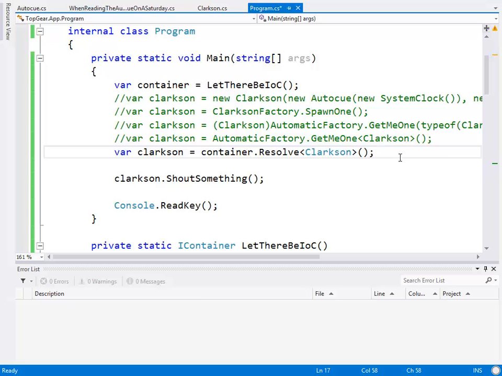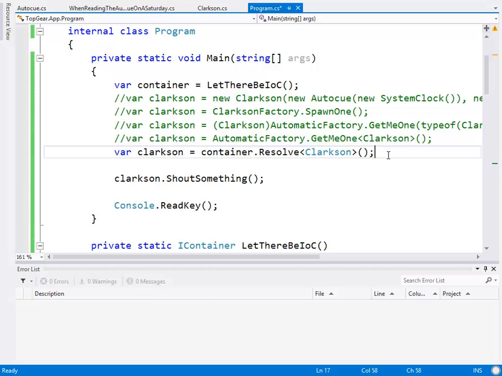I've done a really, really bad thing here. What I've done is I've resolved a Clarkson from our root container. Now, our automatic factory only took care of one component of what an IOC container is going to do for us, and that's the actual construction of an object. When you get down to it, constructing stuff is actually pretty easy. We can leave stuff strewn all over the landscape, and no one cares until our garbage collector goes, hey guys, I give up, and we get an out-of-memory exception. What our IOC containers will do for us is they will track the lifetimes of our objects as well, and they'll dispose of them.